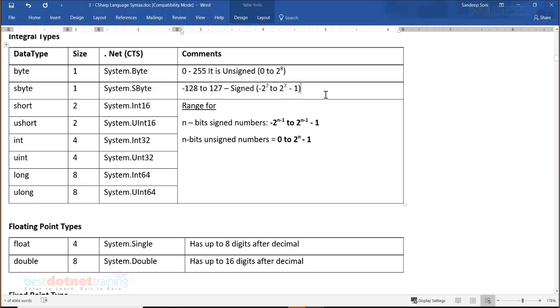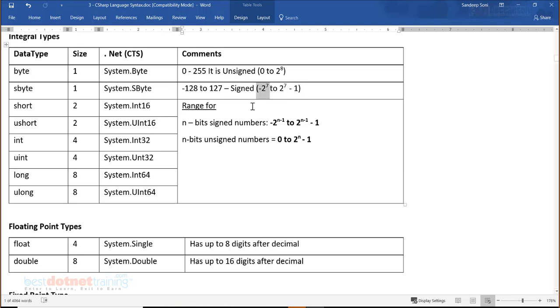Remember, 0 doesn't come under signed or unsigned. 0 is neutral. There is nothing like minus 0. Never write minus 0. It has no meaning. It's 0. Minus 1 and plus 1 are different, but there is nothing like minus 0 and plus 0. So 0 is put under this category, and that's why that extra minus 1 comes here. Other than that doesn't happen here.